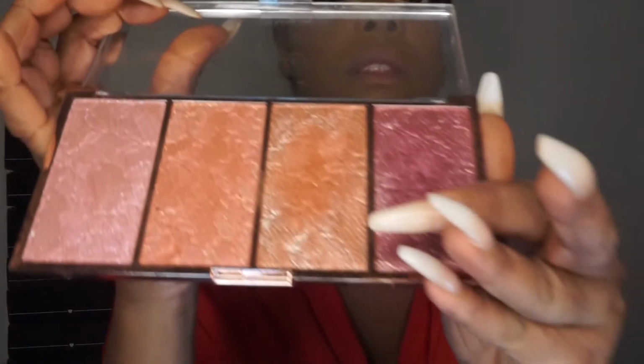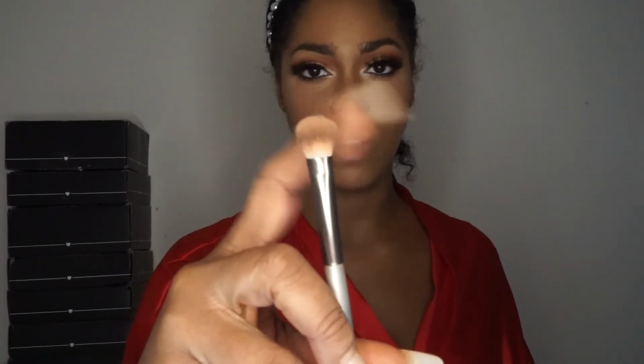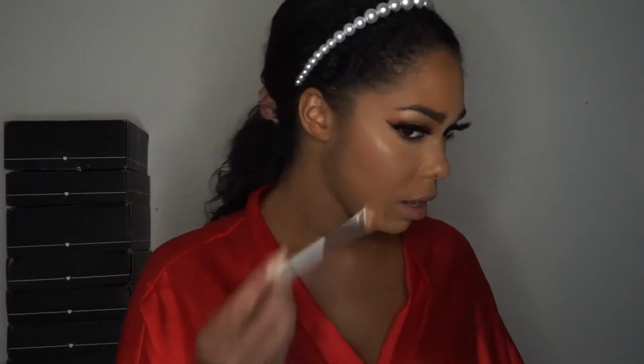I'll be using this Revolution makeup highlighter palette, and I'm gonna be using this color to highlight with, and then I'm gonna be using this flat fluffy brush to put that on top of my